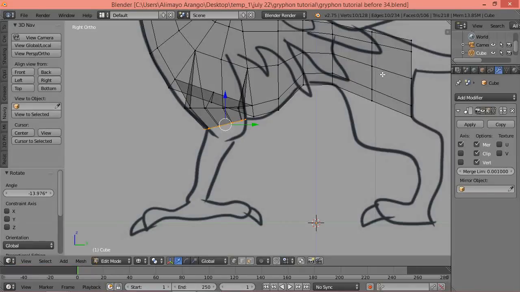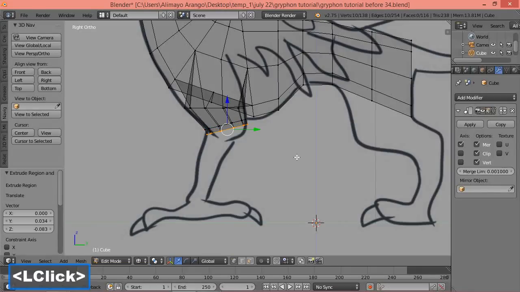Okay, when you're dealing with organic creatures, typically what's going to happen, and it's going to happen in this tutorial, is eventually we're going to put a subdivision surface modifier on here. One of the things that's going to do is smooth out a lot of these edges. However, in some of the smoothing that happens, it will put smoothness in areas that you don't necessarily want to be totally smooth. One of those areas that you want to be not super smooth is around a joint. So what we're going to do here with these extrusions will help if you want to rig this creature in the future, but it also will help to not have it be too smooth, if that makes sense to you. So I'm going to press E to extrude,